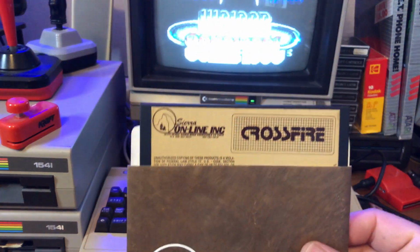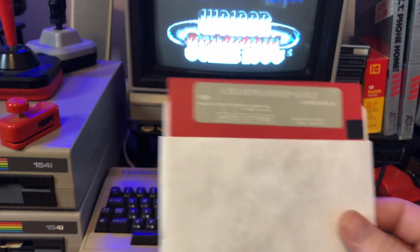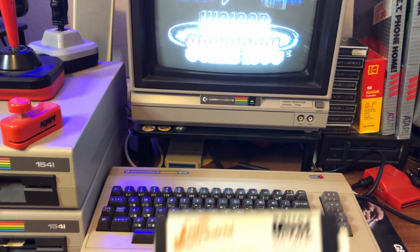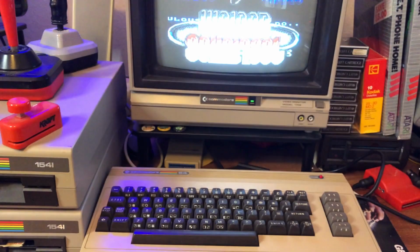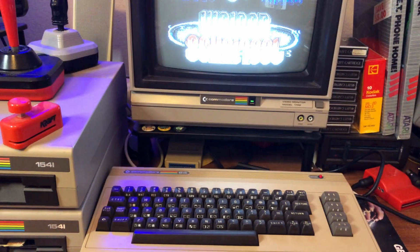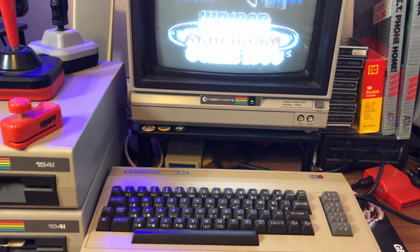I've got Crossfire, Championship Golf. I still need to test all these and make sure that they work. I got Castle Wolfenstein by Muse. Love to get anything by Muse, and the original Castle Wolfenstein's a cool one to get. I've got Dark Castle, Dragon's Lair, Desert Fox, Falklands 82,